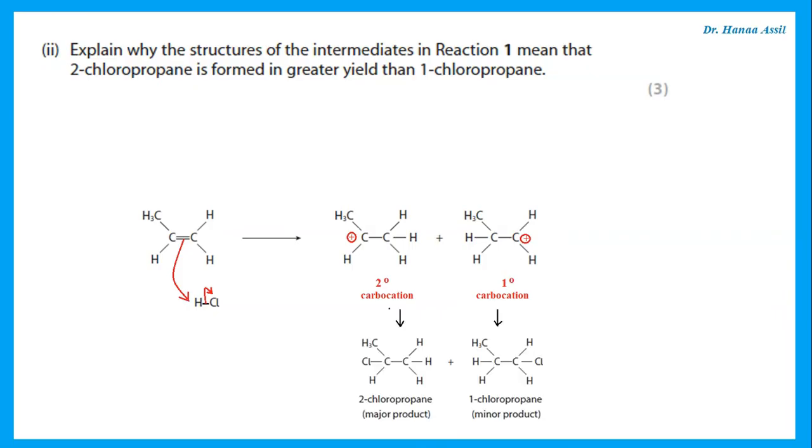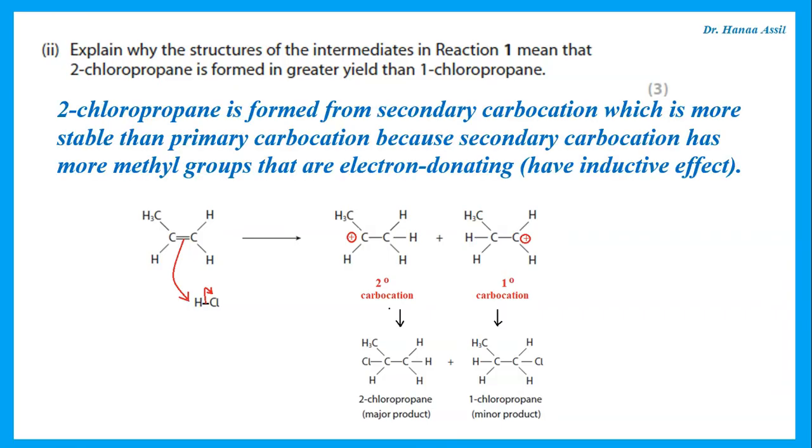And we find that if the 2-chloro is the main substituent, that is because it was formed from secondary carbocation, and secondary carbocation is more stable than a primary carbocation, and this is because the positively charged carbon has methyl groups around it,